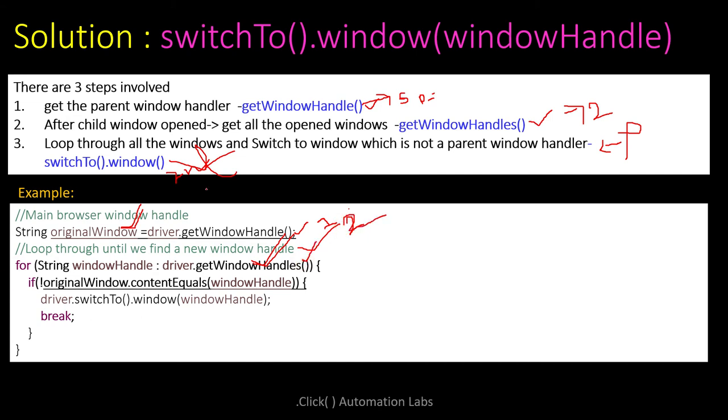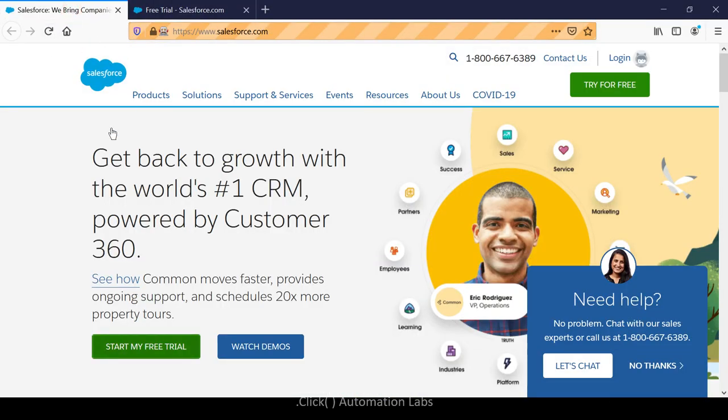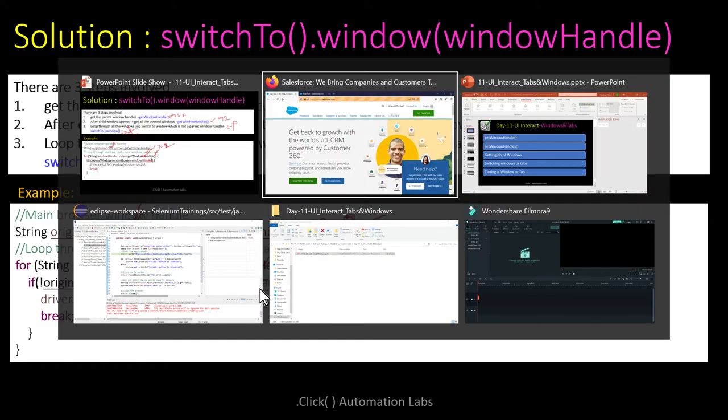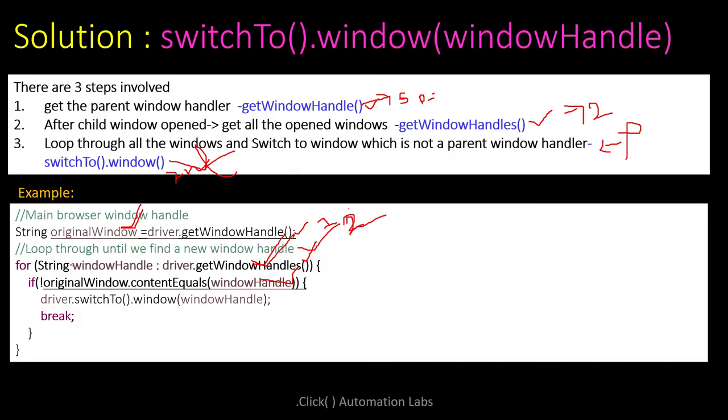So now looping it, driver.getWindowHandles is a set, right? So very first time you will get one window handler that is pointing to the original window, means that will give you the first opened window handler. This is the one. And if these both are equal, then don't do anything, right? So this loop will skip, and next time this will give you the second window handler. So in the second loop, if the original window